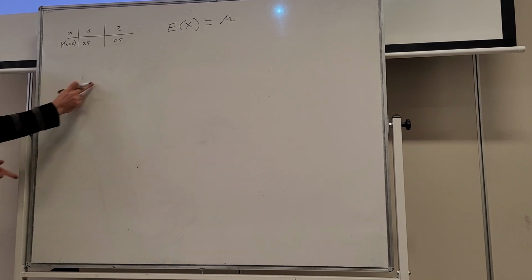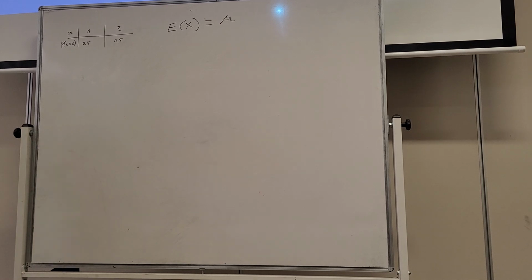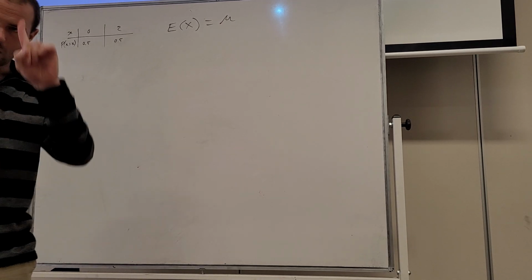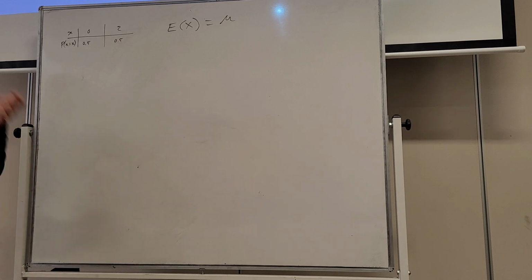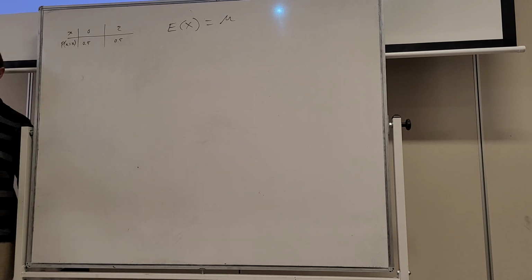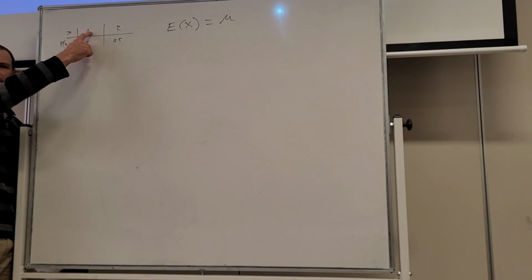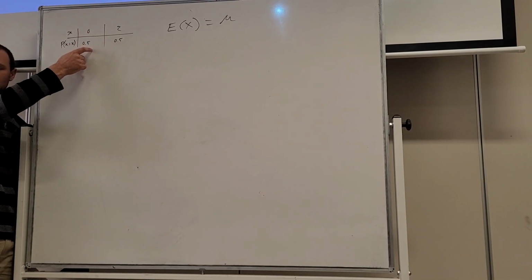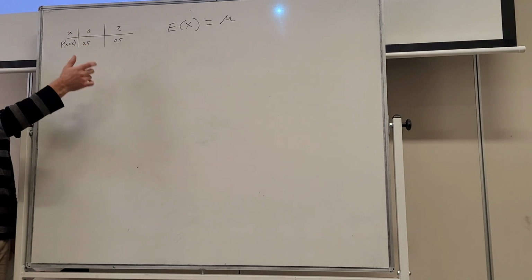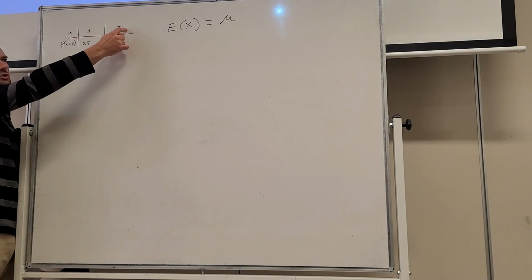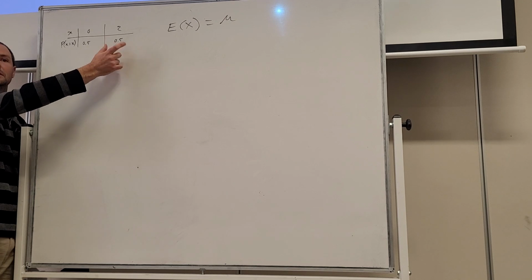And so we have a game here, a simple game that costs $1 to play. So you have to pay $1 to play it. It involves flipping a coin and guessing which side it lands on. If you guess correctly, you win $2. If not, nothing. Okay? So let's consider the possible events. You could win $0, and the probability of guessing it correctly, we're going to assume it's half, 0.5. Or you could win $2, and the probability is 0.5.